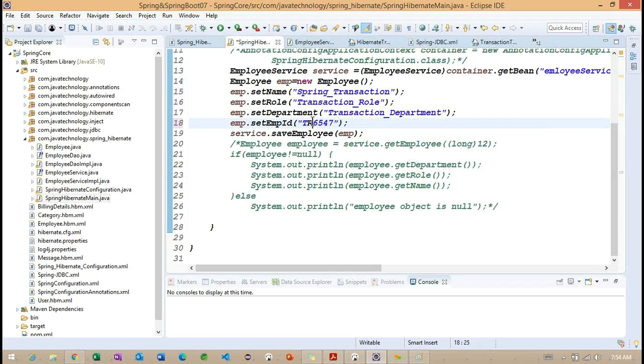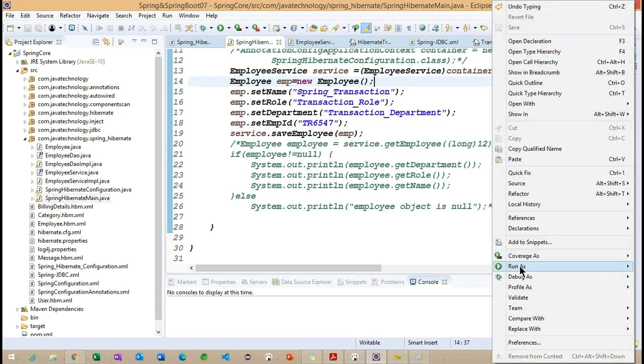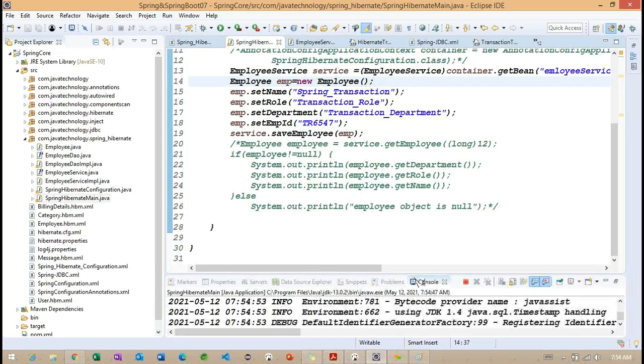Here, not HP, we can make it here. So this is the employee ID. Getting the point. Now I want to run the same example. So let me see if any exception we are going to get. If we miss anything, definitely we are going to get an exception. But now we need to try to resolve those exceptions here.